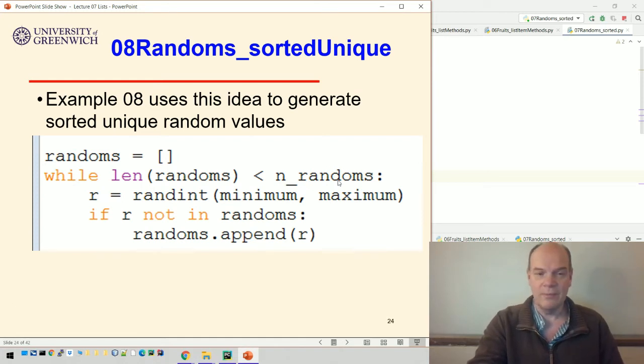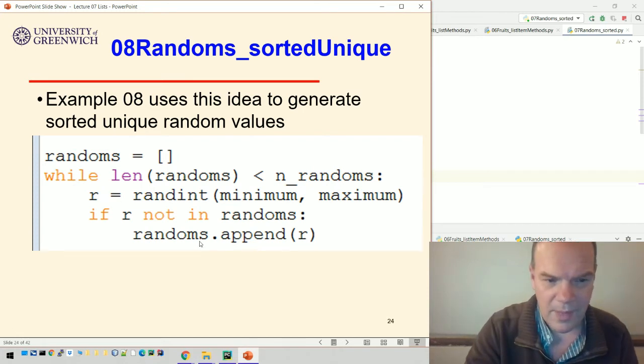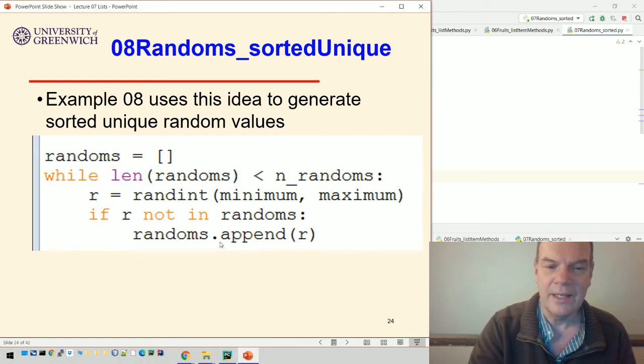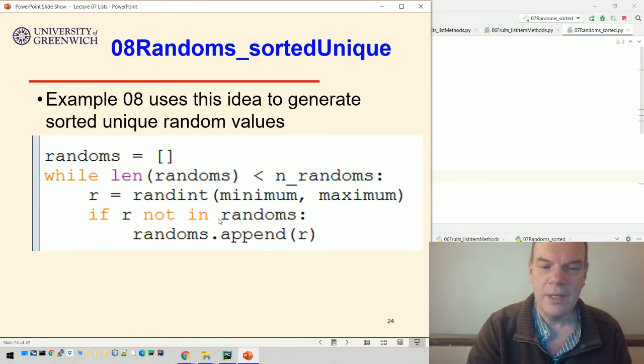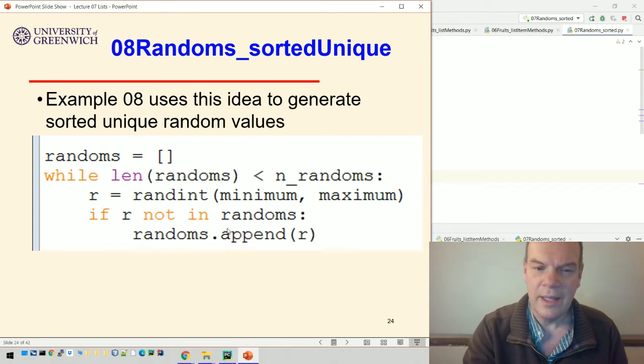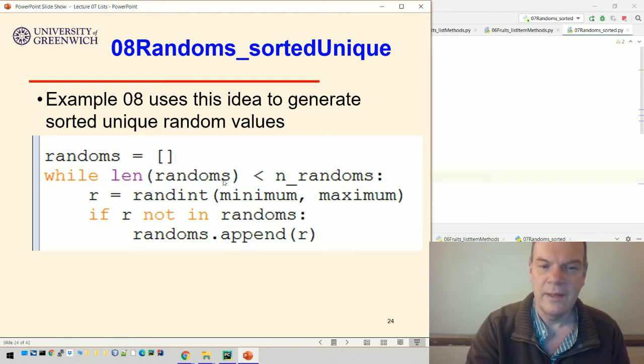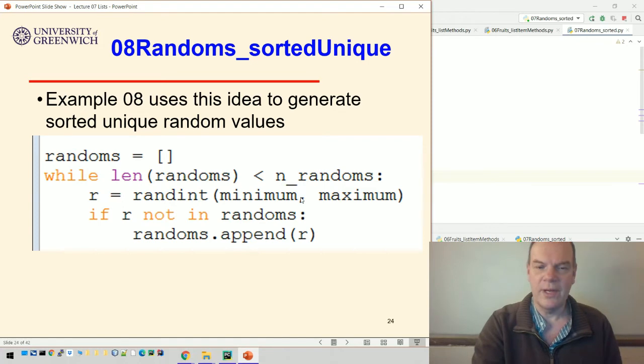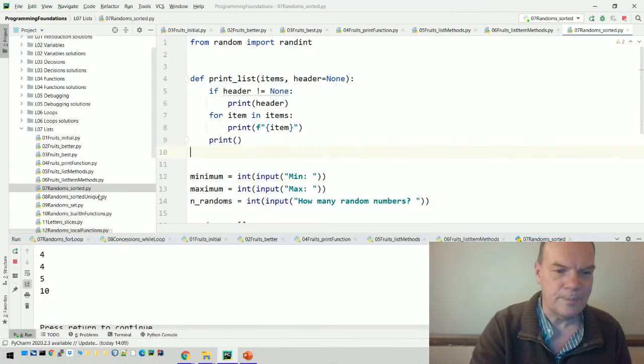So the loop might run 20 times, but we only use 10 of the numbers. Then we generate a random number R, and if R is not in randoms, then we add it to the list. So this loop will run over and over again, but the list only grows in length if the new number that's just been generated is not in the list. And if it grows in length, then it tests to see whether the length has now reached the number of randoms we want. So if I run that one,